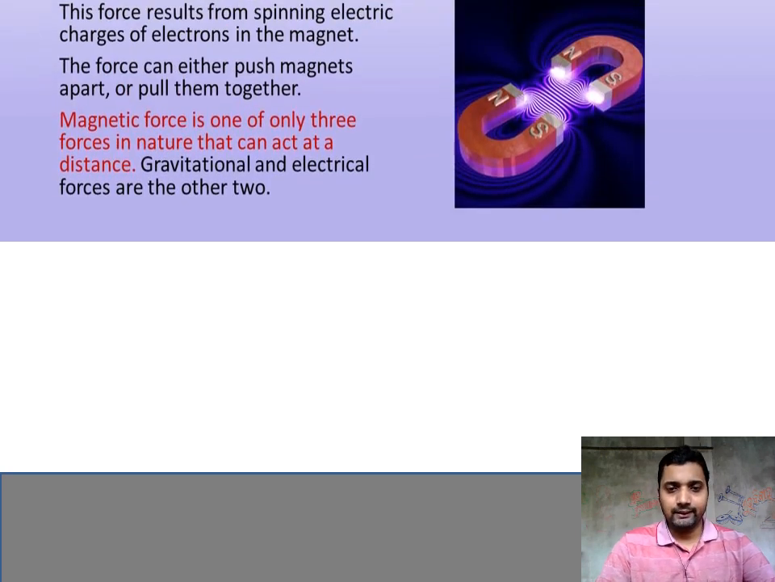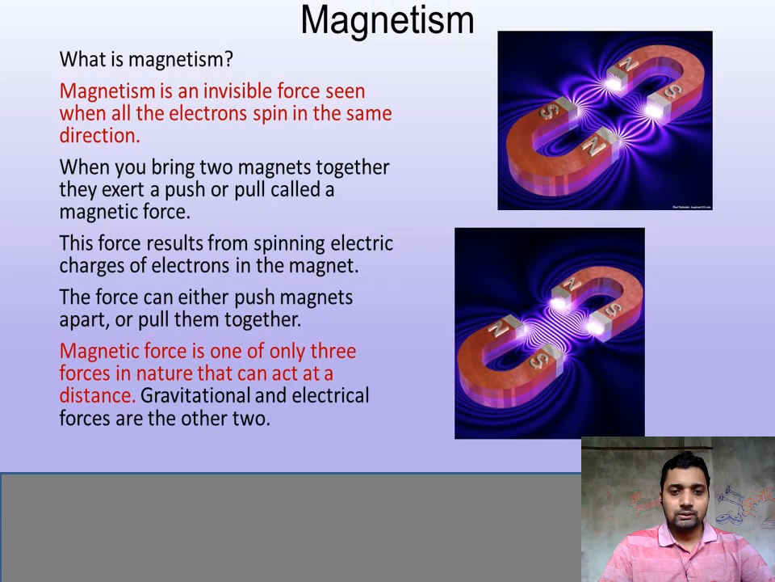So the first thing to know here is what magnetism is. What does magnetism actually mean? Magnetism is a property of a magnet. Magnetism is the invisible force given by a magnet, when all the electrons spin in the same direction. Here we are discussing the magnetic domain or the magnetic particles. When you bring two magnets together, they either push each other,